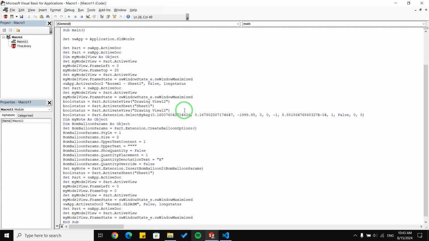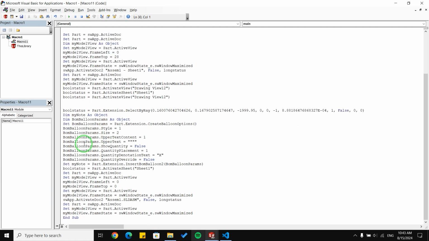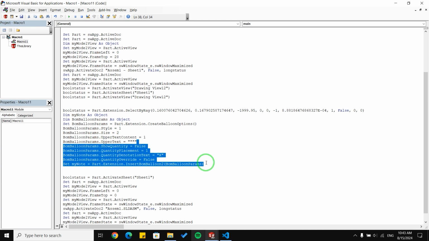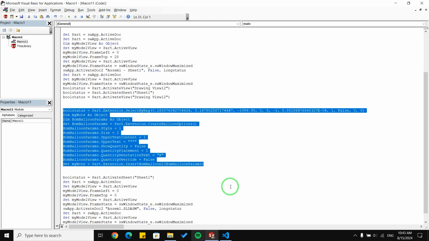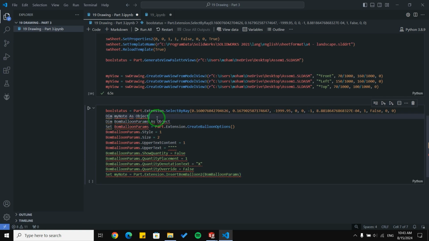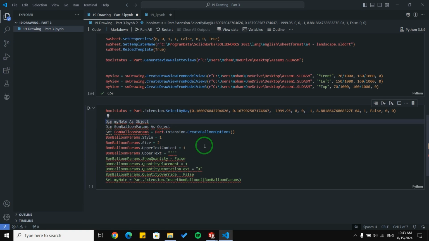Okay, let's see what we have here. As you can see, we need to first select the view, select by ray, because we need to select a line or an object, and we need to create a balloon. So I'm going to copy these lines and paste them in Visual Studio. Let me edit them a little bit.